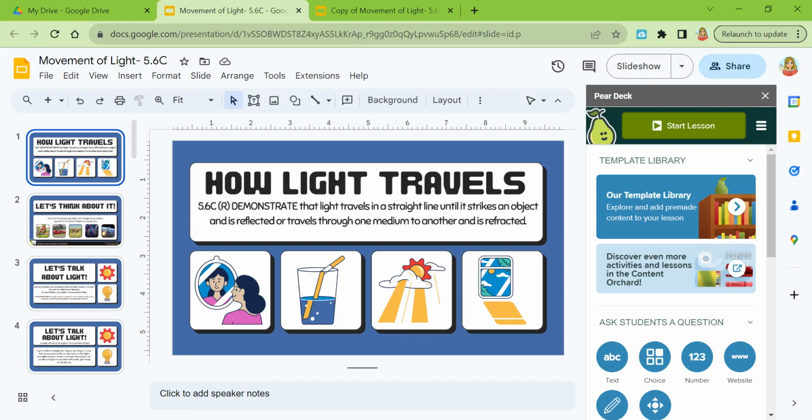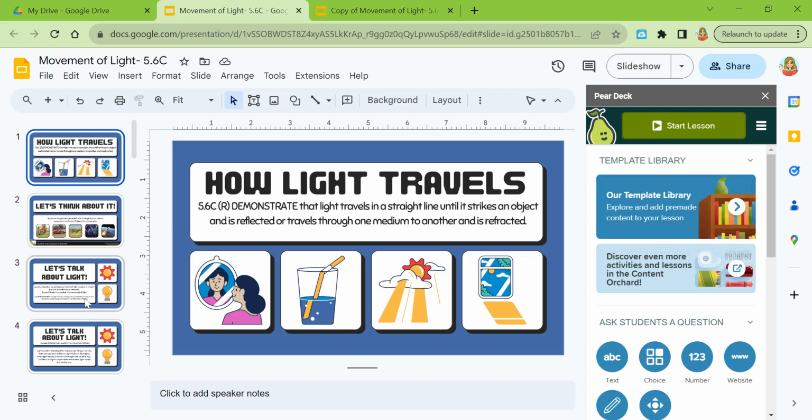This is video 2 on how to use Pear Deck in the classroom. The first video showed how to get access to the extension and a simple overview of the add-on over here. This video is going to show how to pull in questions from the add-on into a lesson that's already been